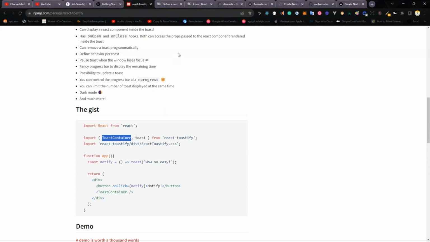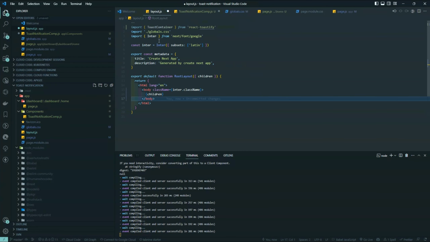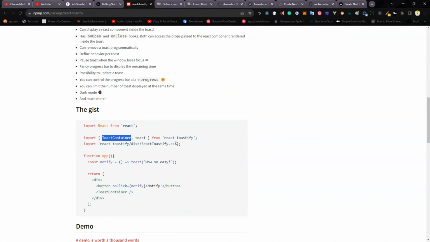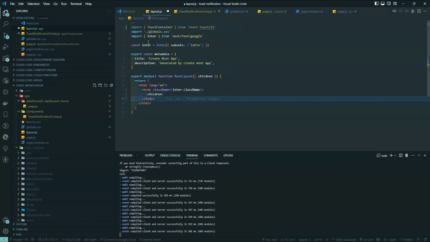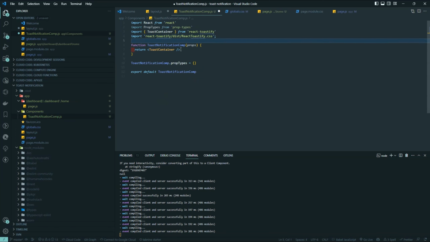Import the CSS also, which I think I imported. Where's the CSS? Okay, I've not yet imported the CSS. So this is the CSS here. And I import this also. Oh, sorry, it shouldn't be in the root layout. It should be here. So after that,